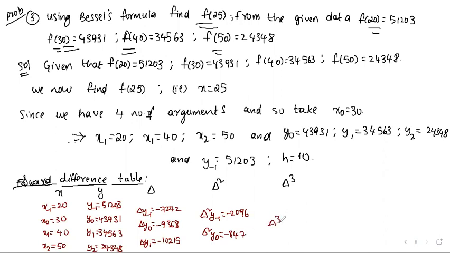And del cube y minus 1 is equal to 1249. So this is the forward difference table. By using this difference table, by using Bessel's difference formula,